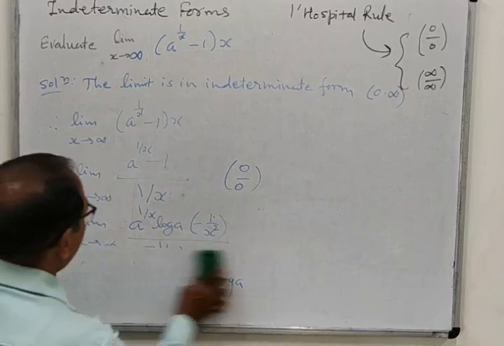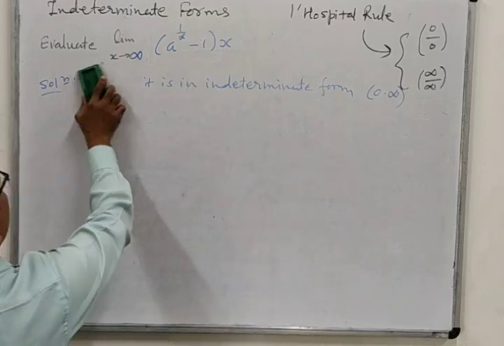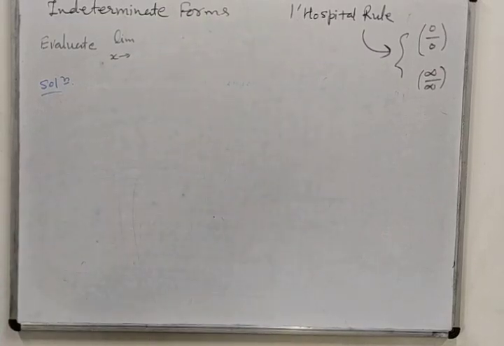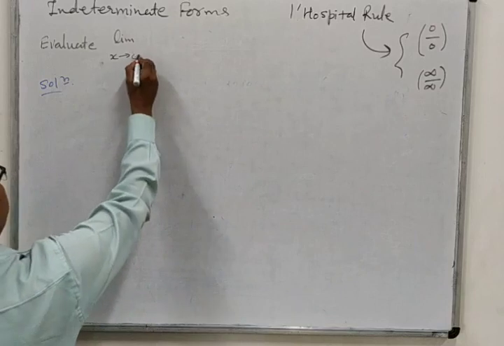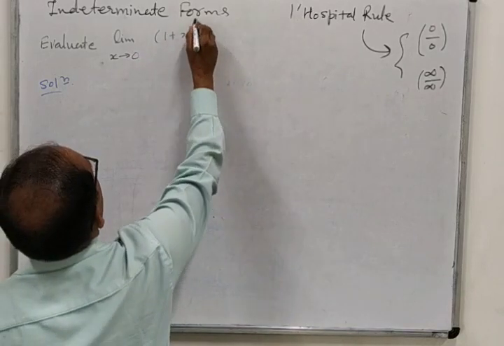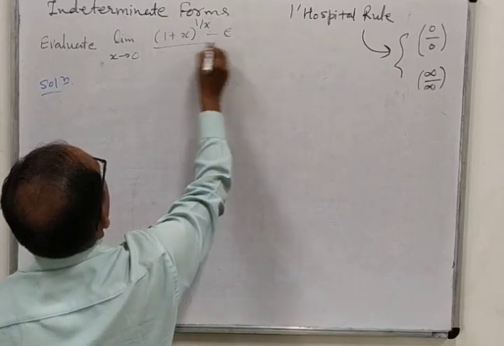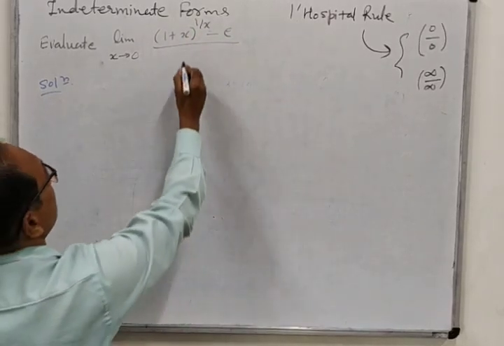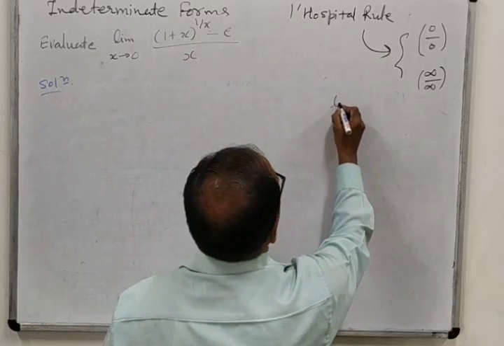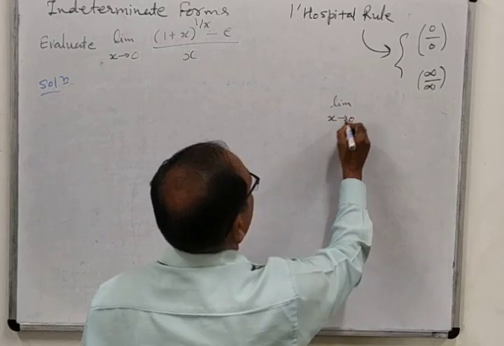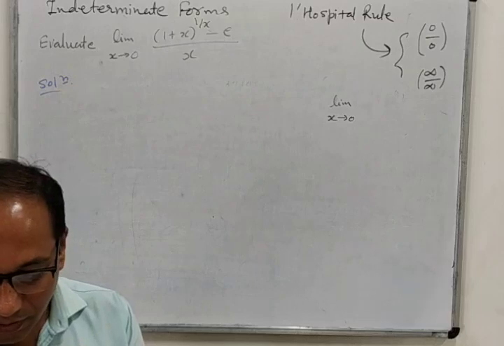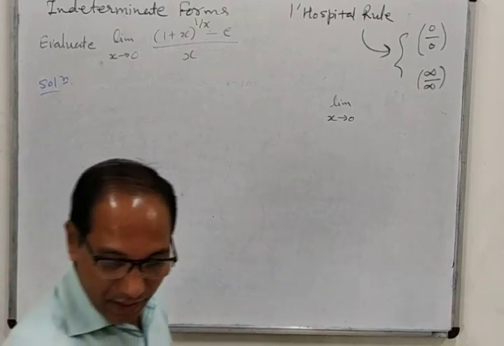Now let us see one special type of example in which we require some different idea. Limit x tends to 0 of ((1 plus x) whole raised to 1 upon x minus e) divided by x. The same concept which we want to use can also be applied in this example. There are two examples of special type in which we will first follow some special idea.